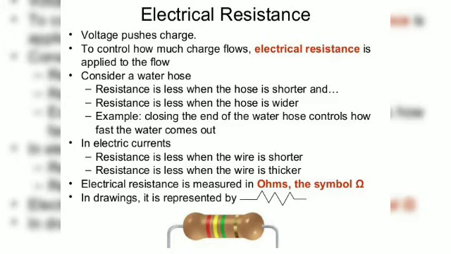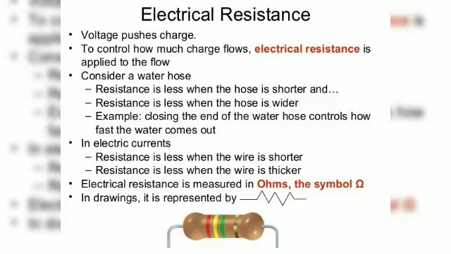So children, in the circuit the charges are moving at a very high speed because of the energy the battery is giving. If you don't control it, it will heat up your circuit and it can damage the junction, it can damage the circuit. To control, resistors are there, and the property of opposing the flow of current is called electric resistance. So voltage pushes the charge; to control how much the charge should flow, that is called the electric resistance.